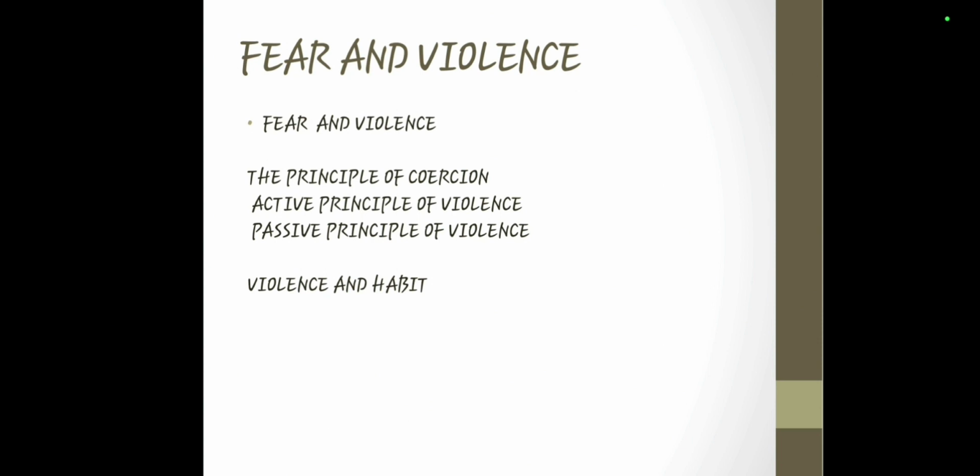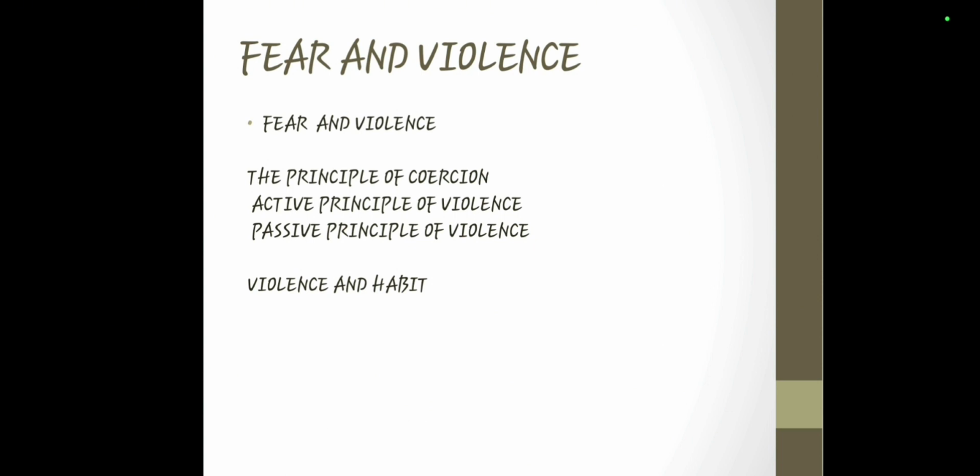Now let's move forward to violence and habit. What does it mean? The principle of passive violence can be stated briefly and is self-explanatory. Acts done owing to violence, that is, acts one does because one is forced against his will, are not voluntary provided that due resistance is made. Consequently, the doer is not morally responsible for doing such acts. Okay?